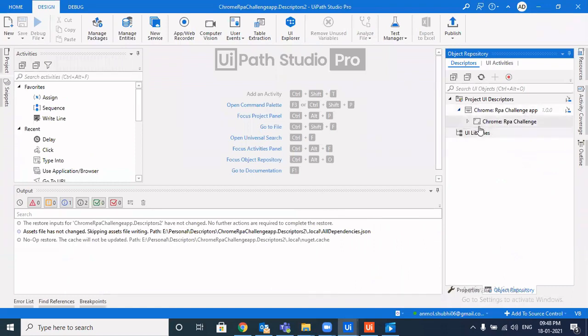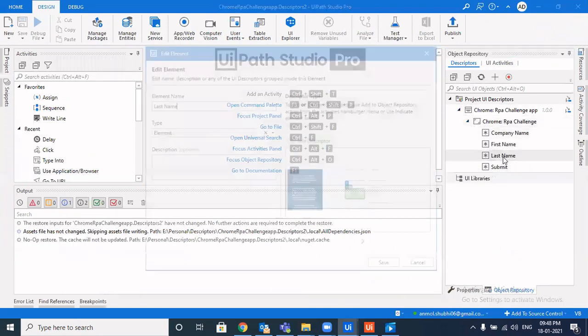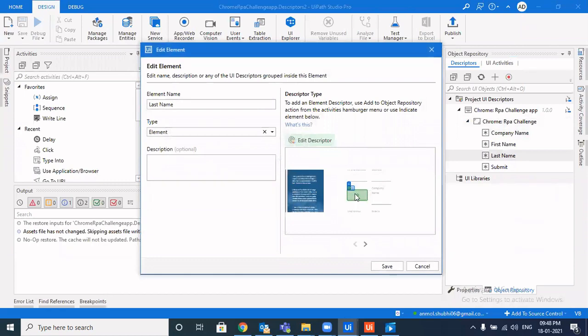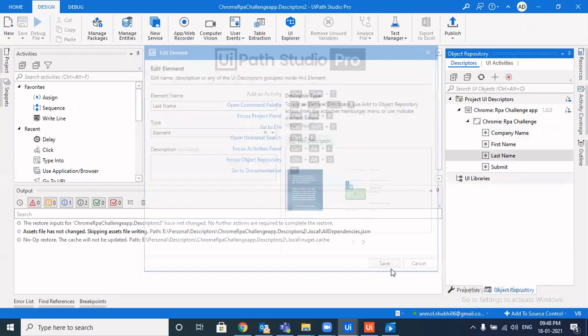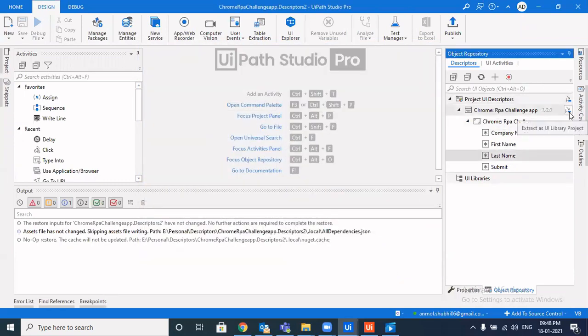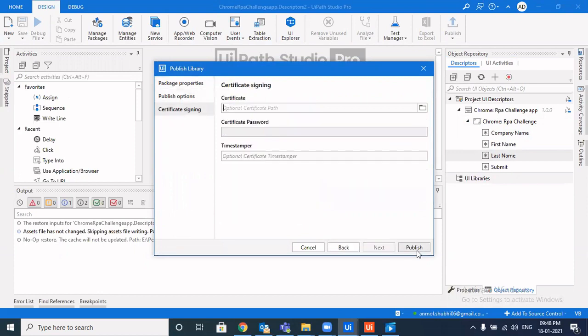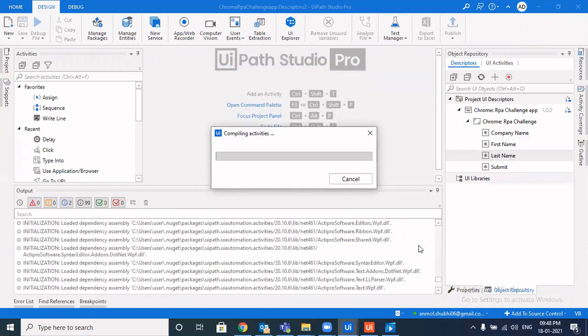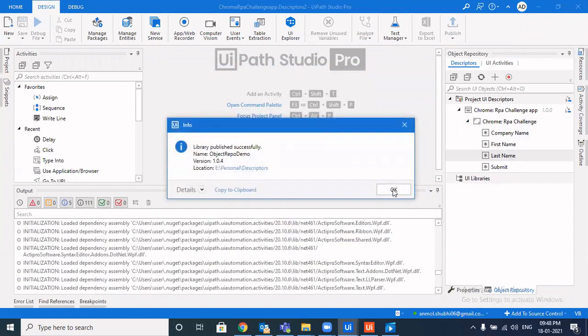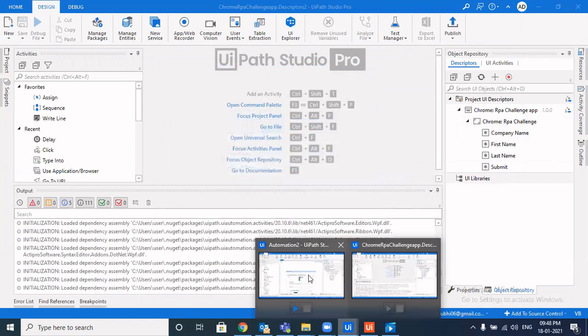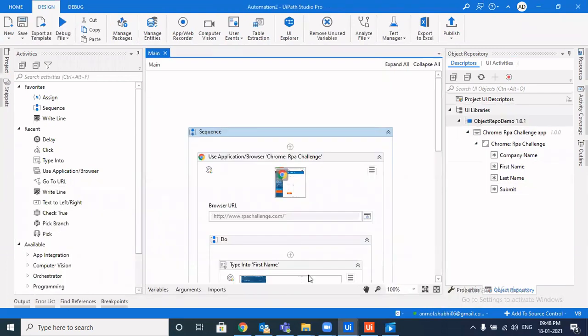We'll verify it by clicking on the last name, wherein we can see that it's the email that is getting highlighted. Also, what we're going to do is change the name and say, okay, this is the fourth package, wherein it would type in the wrong thing. Now if we go back to our automation process, which was earlier typing in the correct last name,